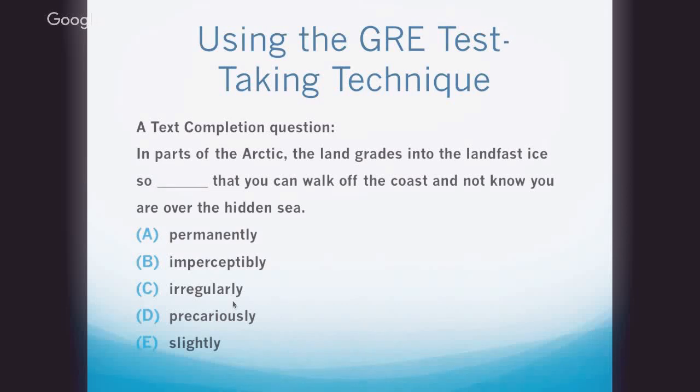But let me give you the better word to put in there that would have led you right to the answer. By the way, gradually is not bad. If you get down to two answer choices, you have a 50-50 guess. That's actually a good thing. Good aggressive guessing, eliminating wrong answers, is a good way to approach many GRE questions, and you'll learn that in your test prep. The better word than gradually: you wouldn't have to invent your own word. You could just take words from the sentence, because the key words are there. You could put in here, in parts of the Arctic, the land grades into the land-fast ice, so